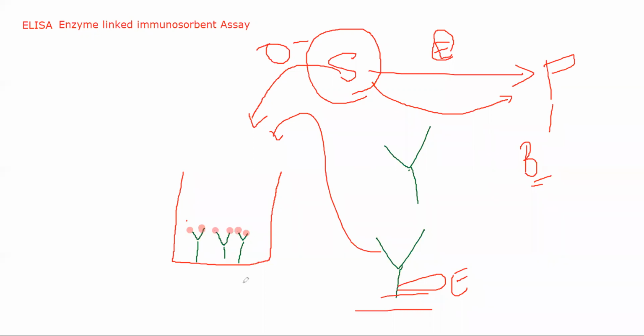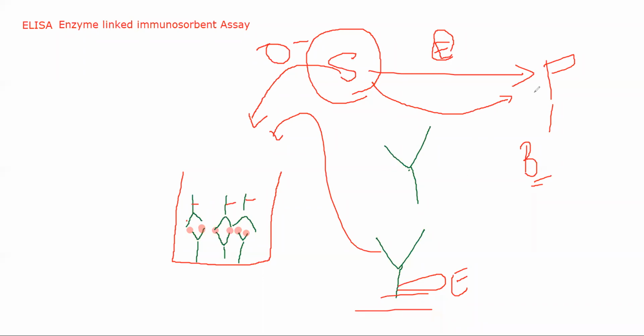Okay, still I don't know the concentration of antigen. To this I will attach another antibody which is the same as this, but it has an enzyme linked to it. What will end up happening is a reaction like this. I will wash in between so that I can remove excessive amount of antigens, and here the difference being these antibodies have an enzyme linked to it. This enzyme can convert one orange colored substrate into blue colored substrate.